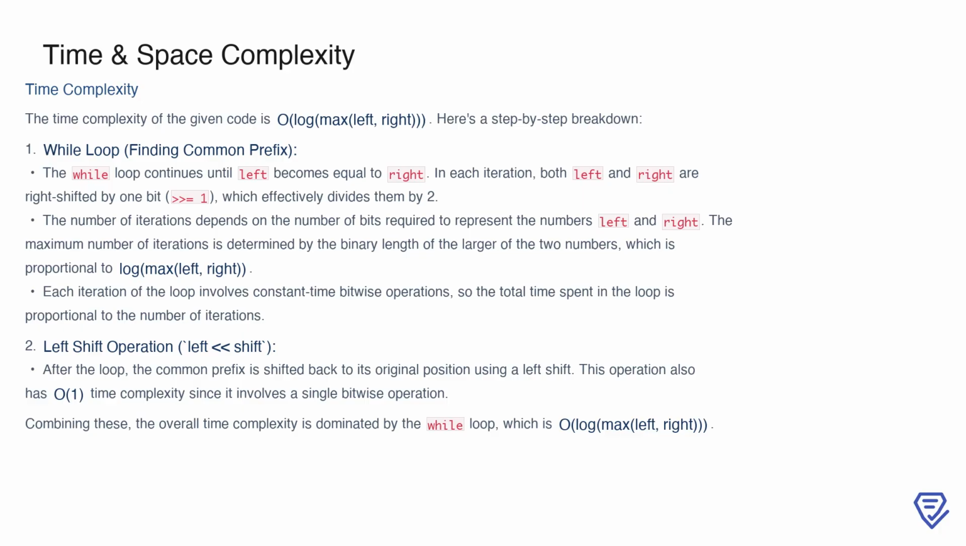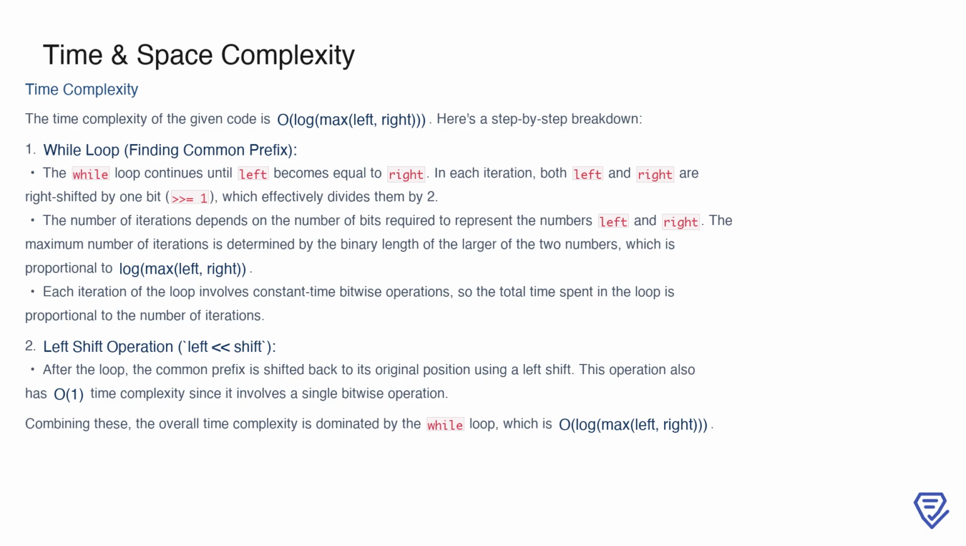This means that the number of iterations is directly related to the number of bits in the binary representation of the larger of the two numbers, left or right. Mathematically, this is proportional to the logarithm of the maximum value between left and right. Since each iteration involves constant time bitwise operations, the total time spent in the loop is proportional to the number